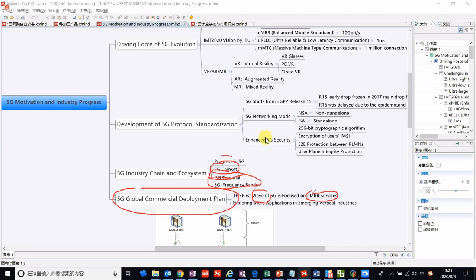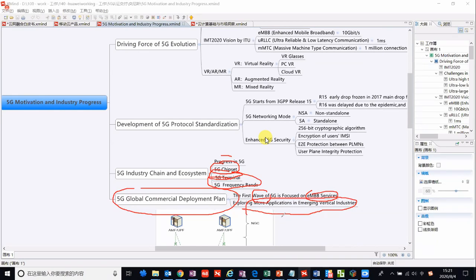We can use 5G and cameras for city monitoring, and use the big bandwidth to backhaul the HD video to the command center for public security, and explore more applications in vertical industries.